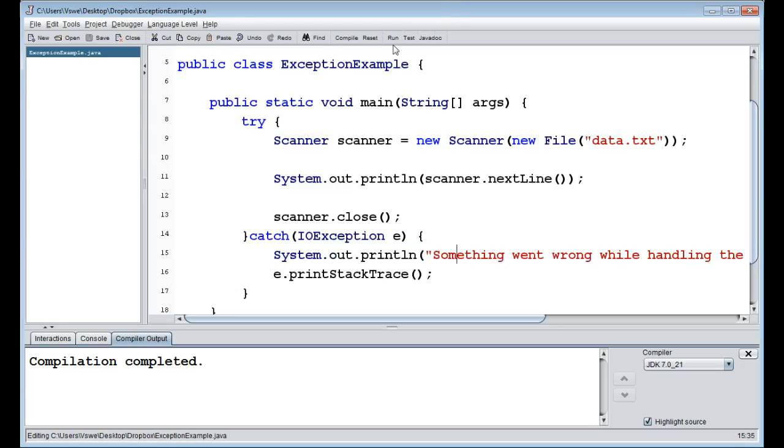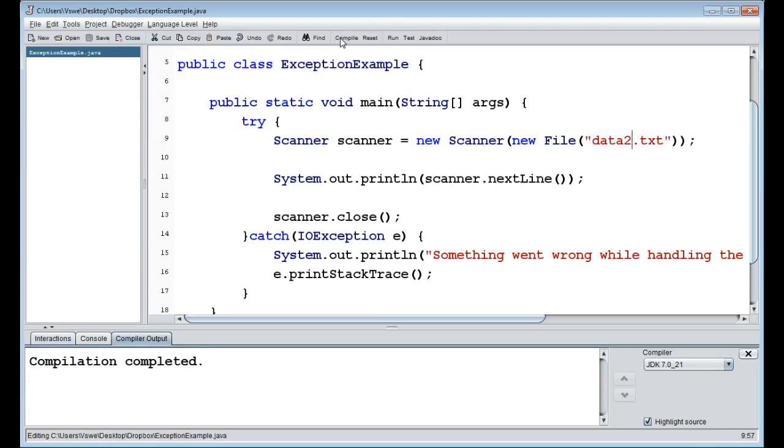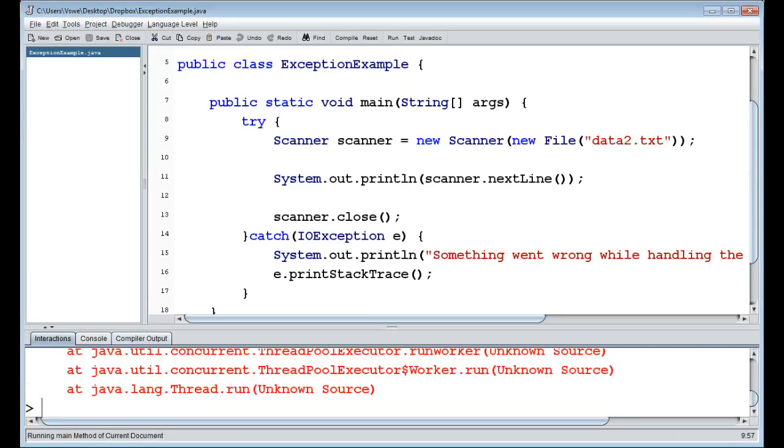So let's run this code now. It's going to print out "I want cake!" exclamation point. The reason why it prints that out is because that's the first line of the file data.txt. However, if I do data2.txt, that file does not exist, I can tell you. So therefore we will get